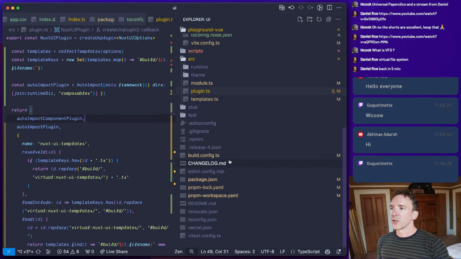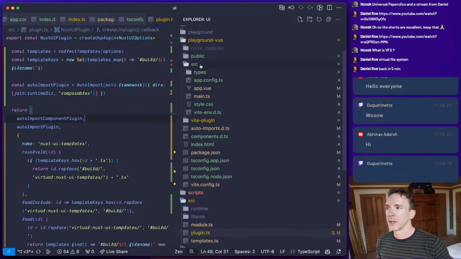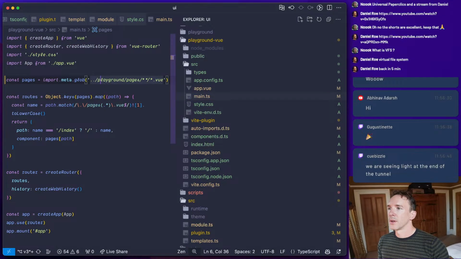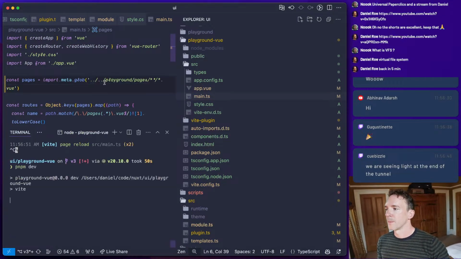Okay, so let's just quickly check our routing implementation in our playground. So we have up, up. There we go. Let's try that.